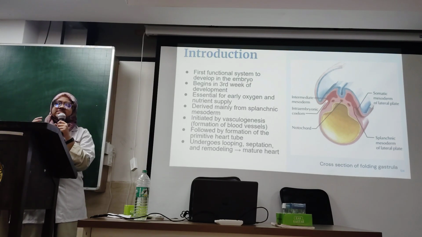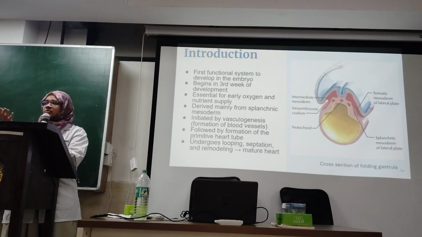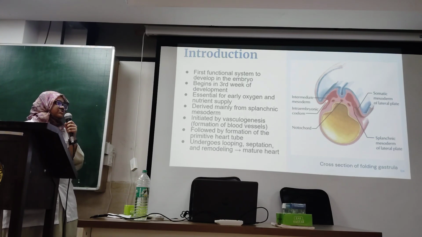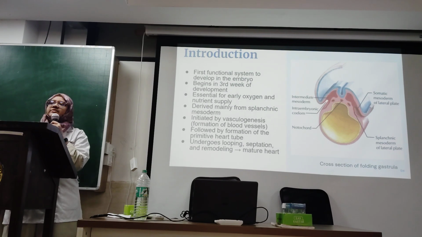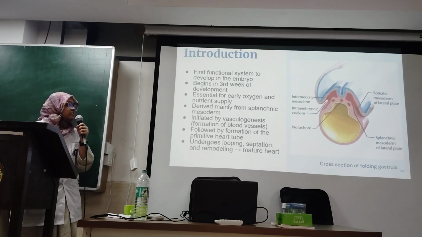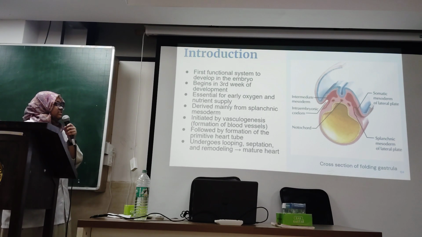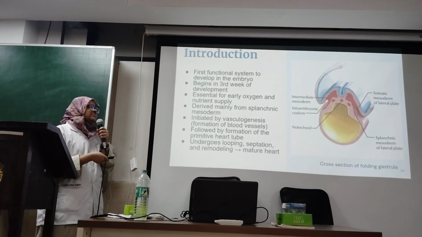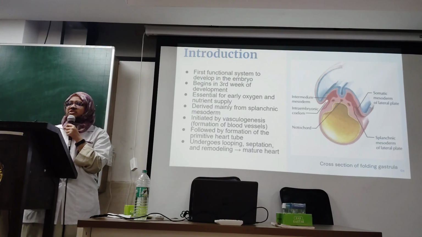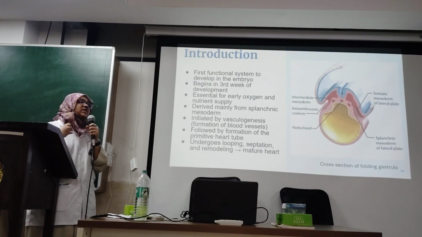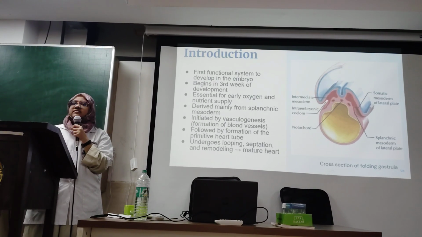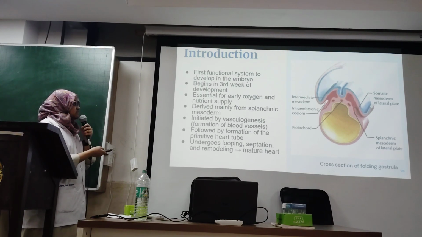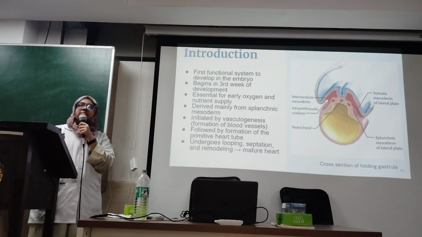As the size of the embryo is growing, it cannot be sufficient to derive nutrition and oxygen only through diffusion. Therefore, there is a need for the development of a separate vascular system. Essentially, it is derived from the splanchnopleuric mesoderm. When I say that, I mean the primordium of the heart is majorly derived from the splanchnopleuric mesoderm. There are other parts as well from which it is derived, such as the pharyngeal mesoderm and the neural crest cells. There are different processes occurring, like vasculogenesis and the formation of the primitive heart tube,